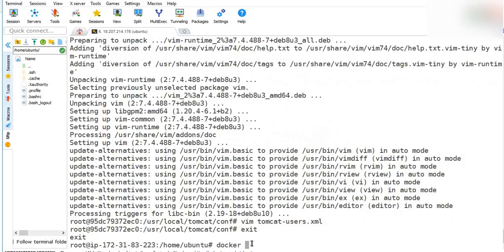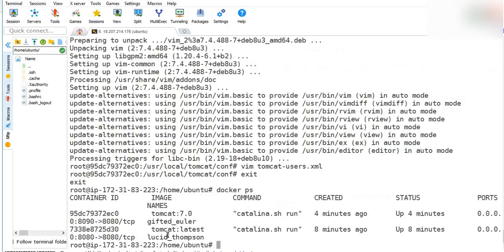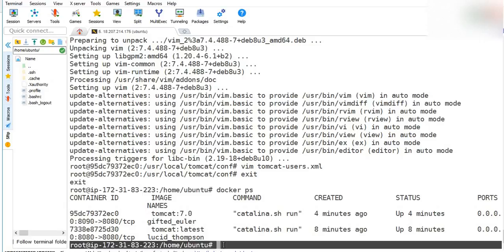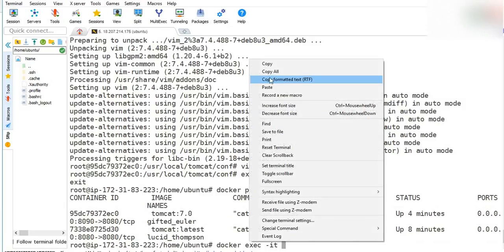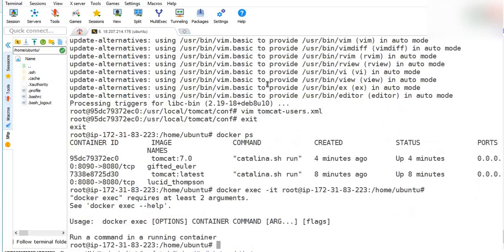Now I want to go into the latest Tomcat one. The latest image, Tomcat. docker ps is going to give me the latest container ID. Now docker exec -it and the container name. Okay, it has not copied properly.